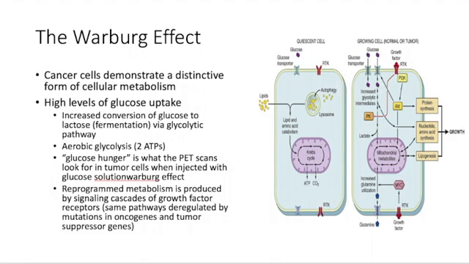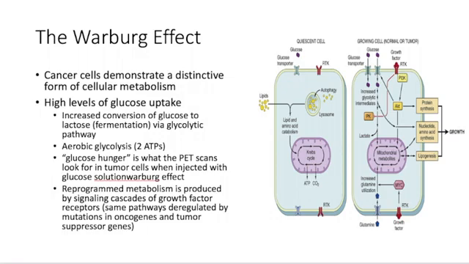One of the effects that happens with cancer cells is this growth promoting metabolic alteration, called the Warburg effect. Cancer cells demonstrate a really distinct form of cellular metabolism, which is high yield because they use aerobic glycolysis and not oxidative phosphorylation. The Warburg effect, known as aerobic glycolysis, was recognized by Otto Warburg back in 1931. It is this glucose hunger, and that's actually what we look for when we're using PET scans.